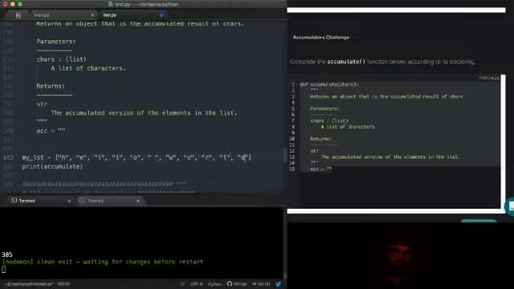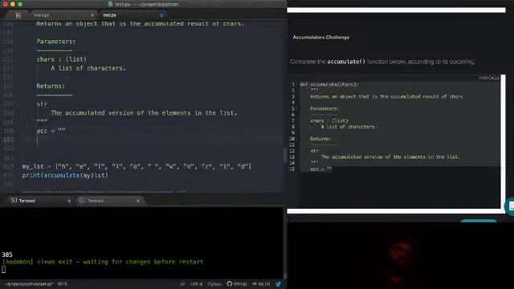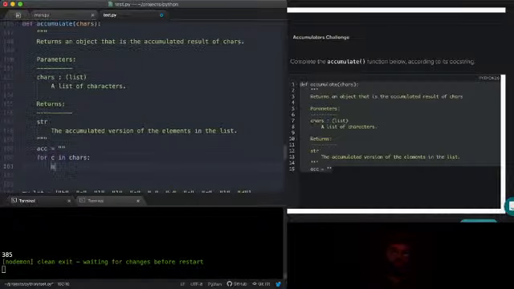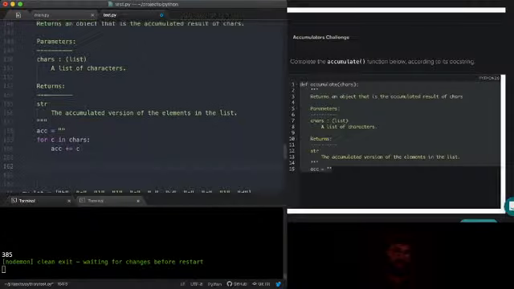Okay, cool. Accumulate my list. So we're returning a string, so let's accumulate on a string. And then we'll say for c, which is short for character, in chars, acc plus equals c. So my accumulator plus equals the character, and then return acc.